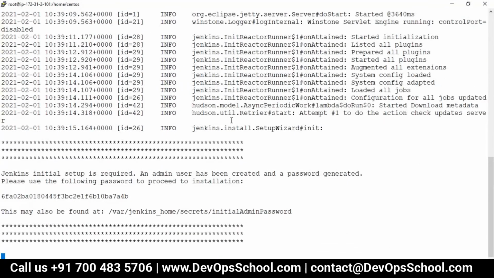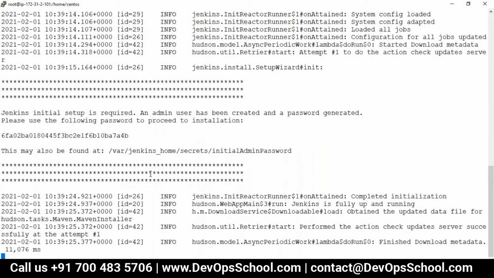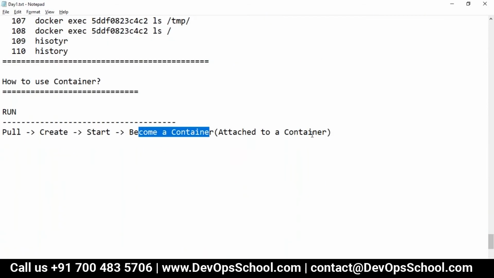Now my console has become a container. So what has happened? When I use the run command, the pull was already done, it created a container, started a container, and became a container. That means I was bash, now I become the container itself, PID 1. Attached to container PID 1.